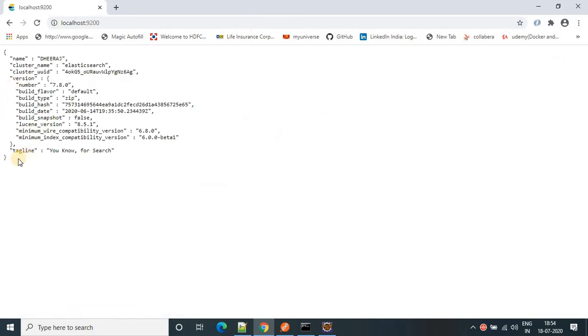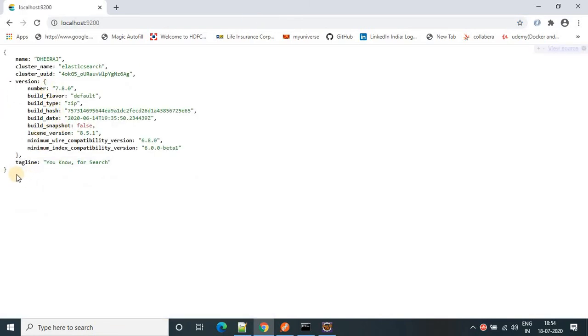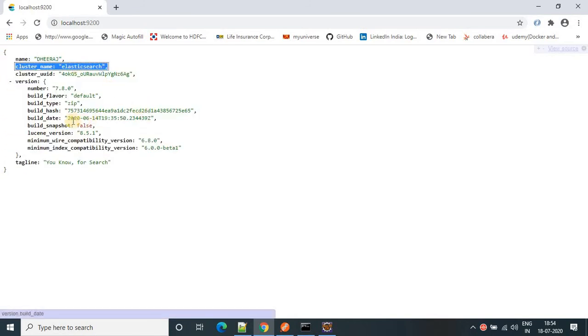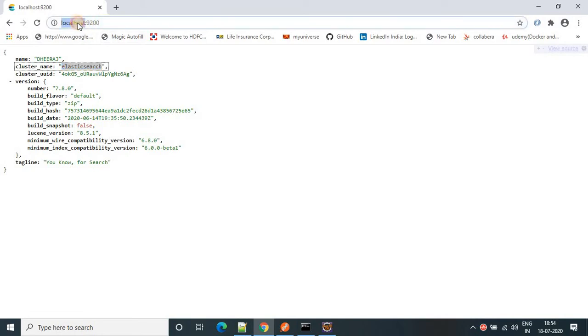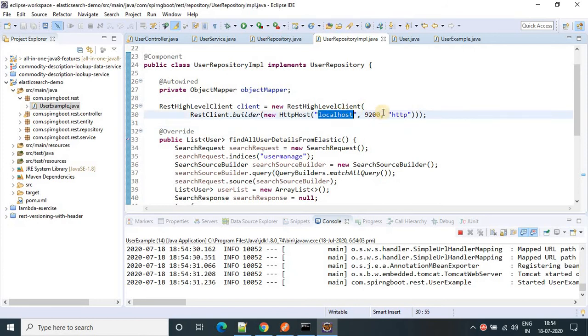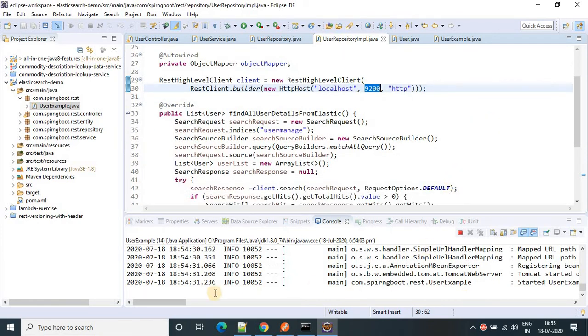Yeah, see, Elasticsearch is running. The cluster name is elasticsearch, and all these details are present inside this cluster. That means Elasticsearch is running, and the same host name and port number we have provided here, localhost. Okay, it got started.